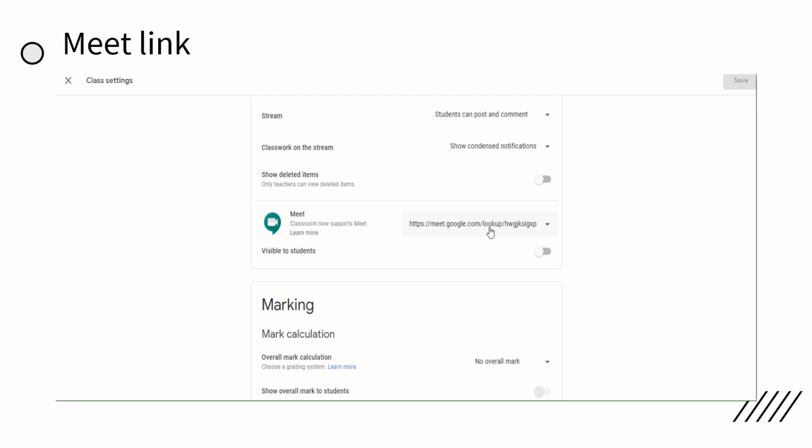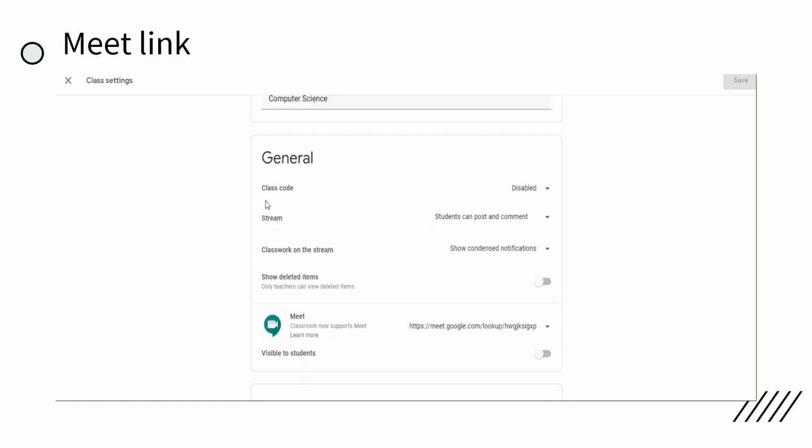Wait for the instructions, but have this meeting link with you. After generating the meeting ID, the meeting link, the settings can be saved. After turning off visible to students and also disabling this class code, save the settings.